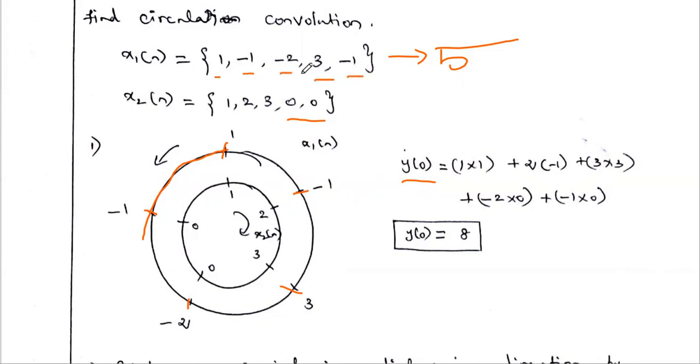So you just place this value in a properly placed position, and you have to write it in an anti-clockwise direction. Okay, so already you know the procedure. The outer circle you have to write in an anti-clockwise direction. So first place this one here. Then the second sample you have to place here, since we have to follow the anti-clockwise. Anti-clockwise means a counter-clockwise direction. So this is 1, minus 1, minus 2, 3 and minus 1. Okay, so we drew the outer circle and we have to place the value.